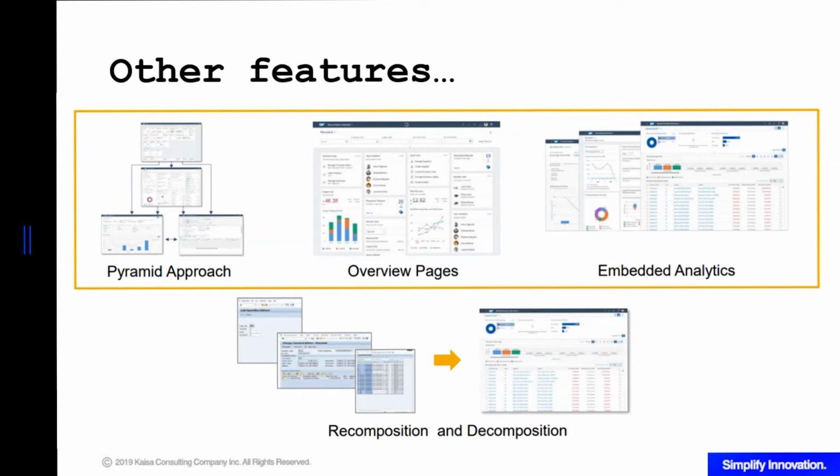So to just give you a quick background on each and every feature, because we're going to have another demo for these features as well. For the pyramid approach, this is just a new way of executing a process or a transaction that connects several apps within the same role. It actually provides a single point of entry over an end-to-end process flow.